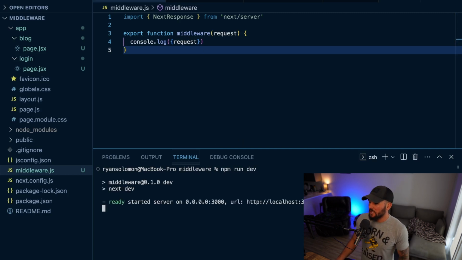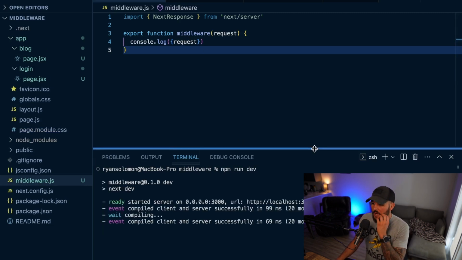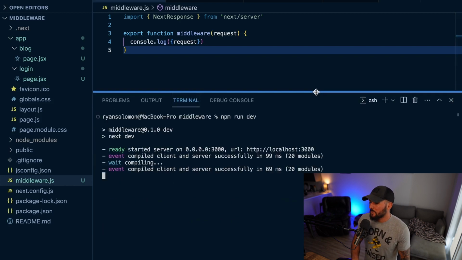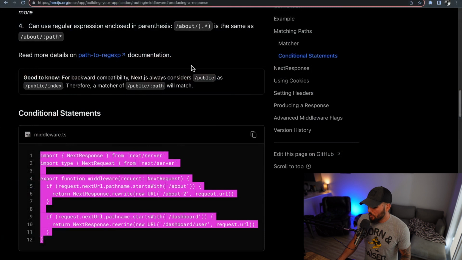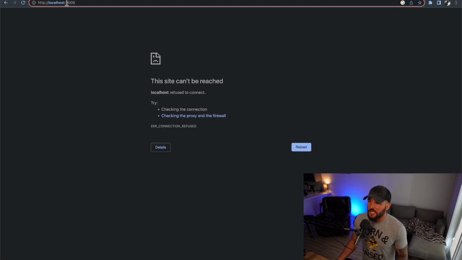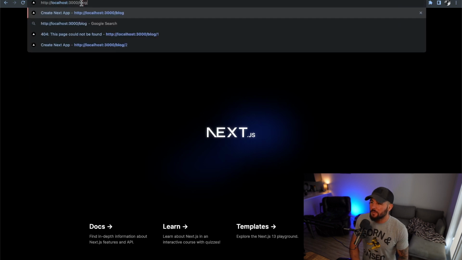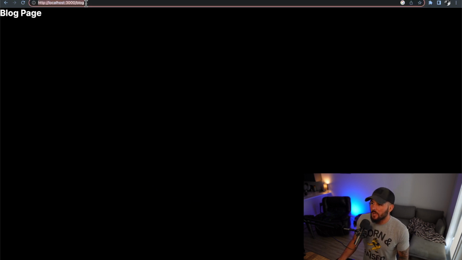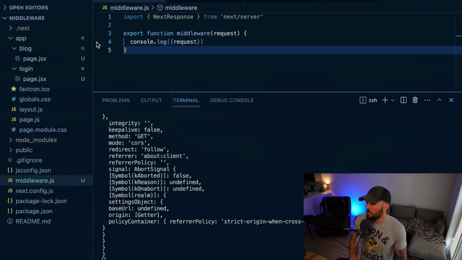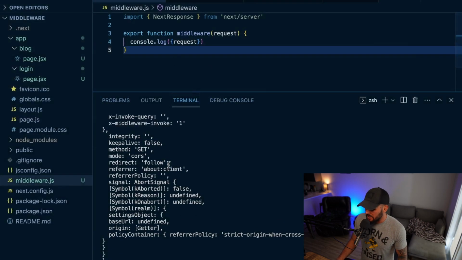So I'm running this at localhost 3000 here. And I should be able to go back to my application at localhost 3000. I should be able to refresh it here. So I do indeed have my app, and I should be able to go, I think I named it blog. So I see my blog page, and just accessing this blog page, let's go back, and we do indeed see